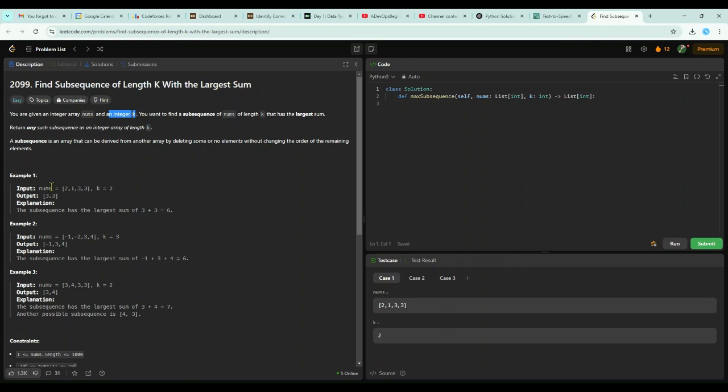The challenge lies in selecting k elements that contribute the most to the sum while ensuring the order of appearance is preserved. To solve this, we need a way to identify the k largest numbers efficiently and retain their relative order. A naive approach might be to generate all possible subsequences of length k and select the one with the highest sum, but this would be computationally expensive. Instead, a more efficient strategy is to first find the k largest numbers, record their original positions, and then extract